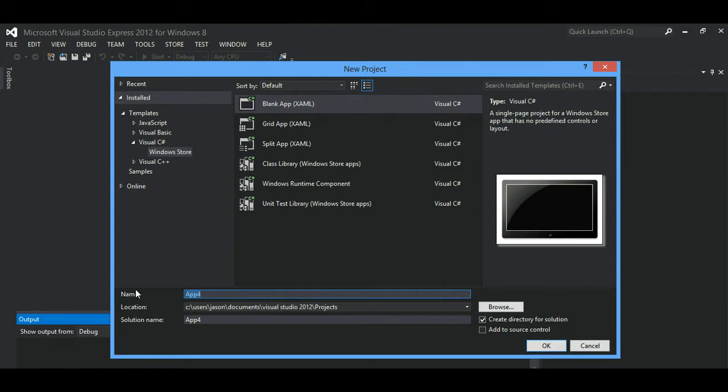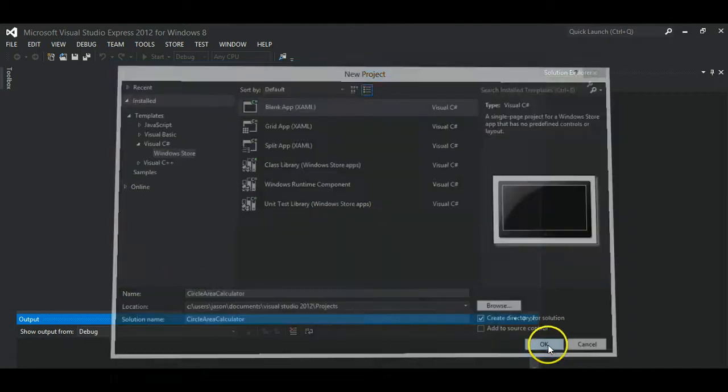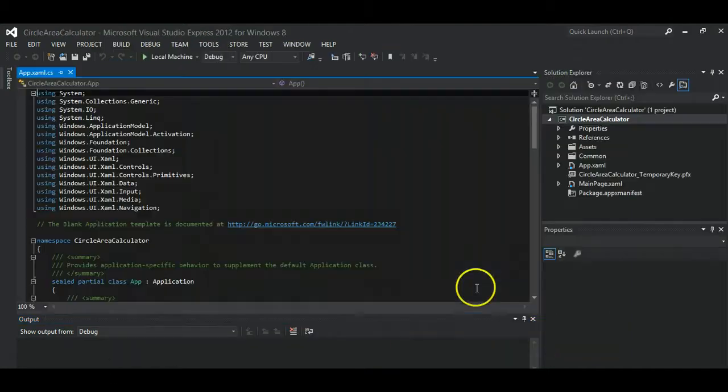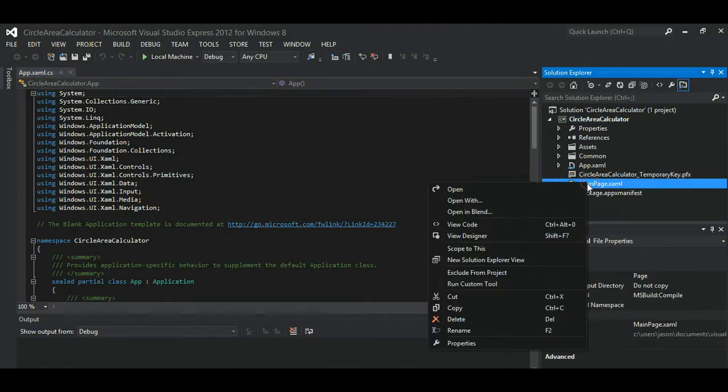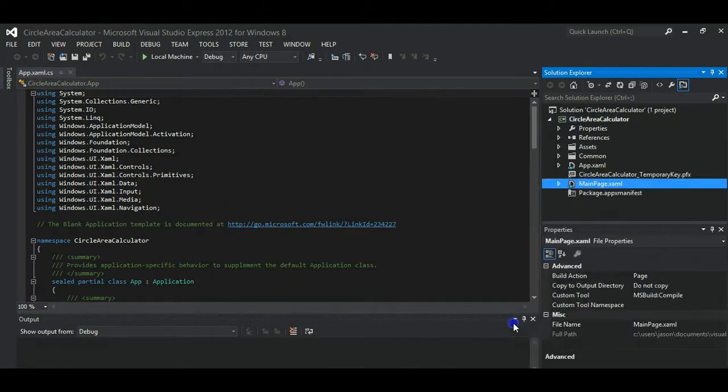We will call the app Circle Area Calculator. Then click OK. Circle Area Calculator, and similarly we delete our MainPage.xaml,